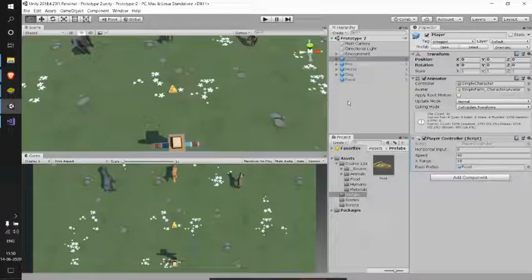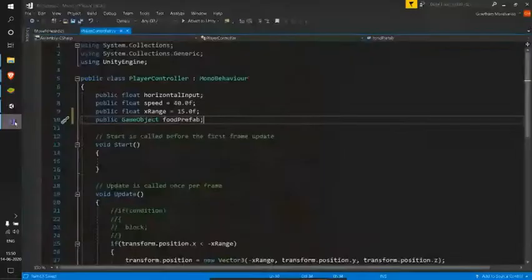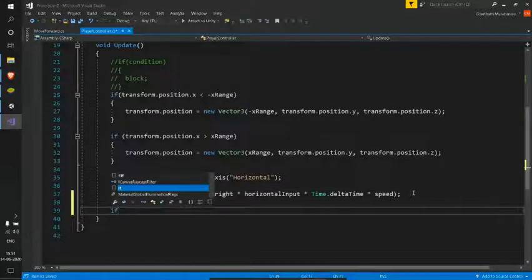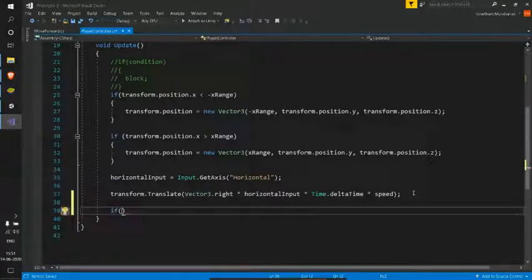So next, let's test the input of the space bar. We want it like this: whenever we press space bar, we need our player to generate this particular food prefab copy. So let me just write it. We need another if condition to check the player input here. Here we are not using any axis, but we are checking if a particular key on the keyboard is clicked or not.